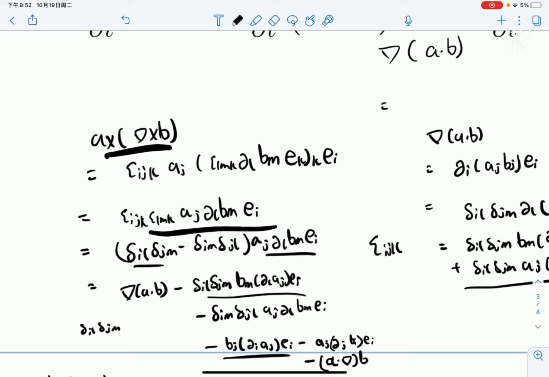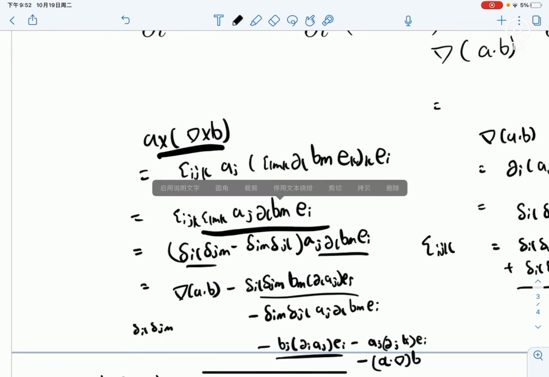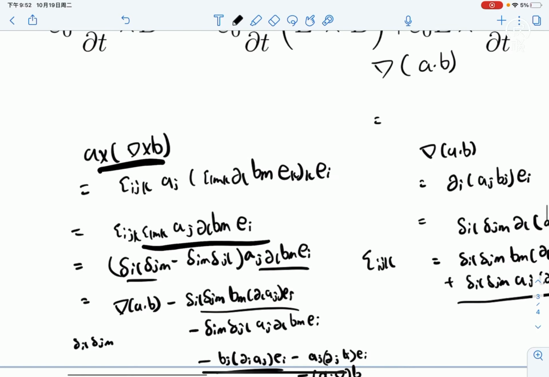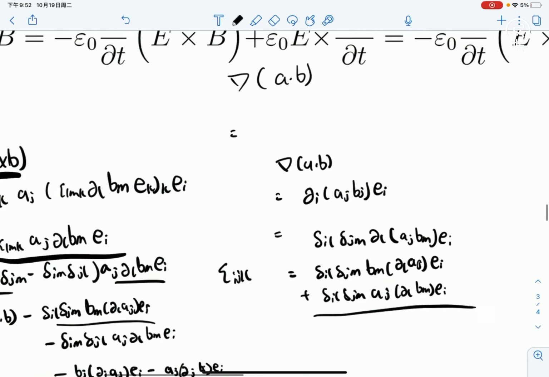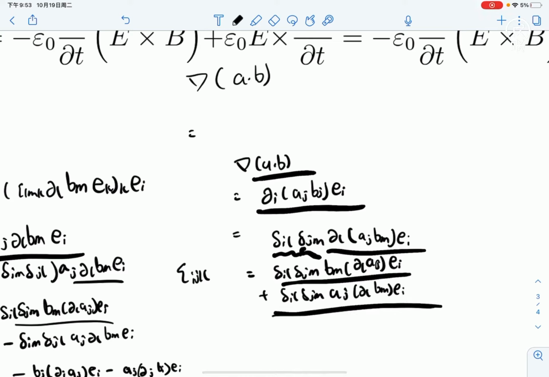From now we can expand this out, and we can get this. Moving on, we can see this is equal to this. Expanding it out, you can write it as delta_il times delta_gm times this stuff. And expanding it, we can see that